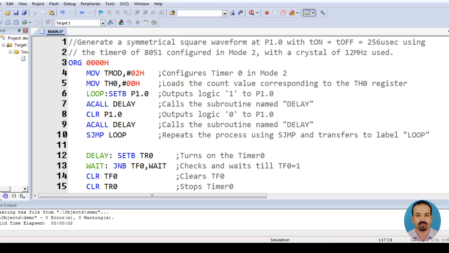So let's look at the first example. Here we need to generate a symmetrical square wave at port P1.0 or the pin P1.0 with T on and T off equal to 256 microseconds using timer 0 of 8051, which is configured in mode 2, and the 8051 microcontroller uses a crystal of 12